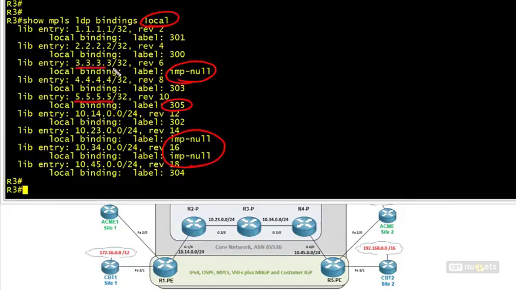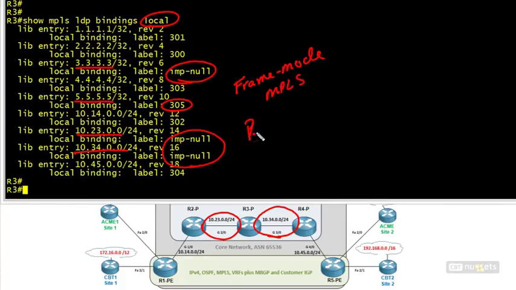So 3333 is R3's local loopback, and 1023 is the directly connected network between R2 and R3, and 1034 is the directly connected network between R3 and R4. Now when using Ethernet interfaces, we're using something called frame mode MPLS. And when using frame mode MPLS, we're going to use something called per platform